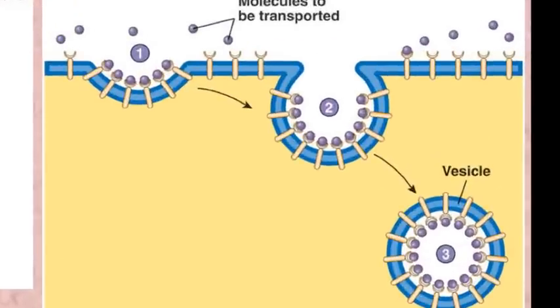Okay, let's focus primarily on the image on the right. You see the cell membrane shown by the double blue lines. The interior of the cell is shown as yellow. And notice we've got these purple molecules outside here that the cell wants to move into the interior. So notice that a small pit begins to form, and these molecules get picked up by specific proteins that hold them in place. The pit deepens, and eventually you can imagine that the pit sinks in, and